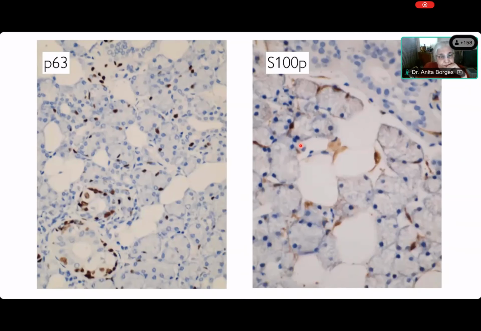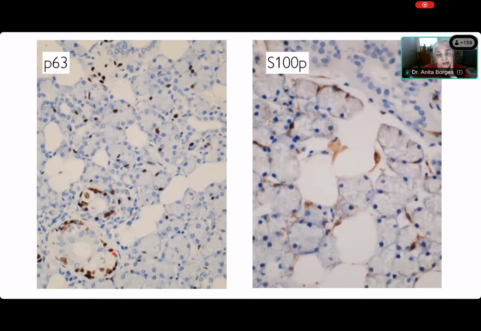All right, here we have the famous P63. Now, P63 is expressed in myoepithelial cells. You couldn't see the myoepithelial cells at all when you were looking at it in the H&E. But see how many myoepithelial cells you can see here around the acini. You can see them in some of the smaller ducts, and you can certainly see them in the abluminal cells of the big ducts. This is just the beginning of a striated duct over here, and you can see that's the outer layer of these ducts.